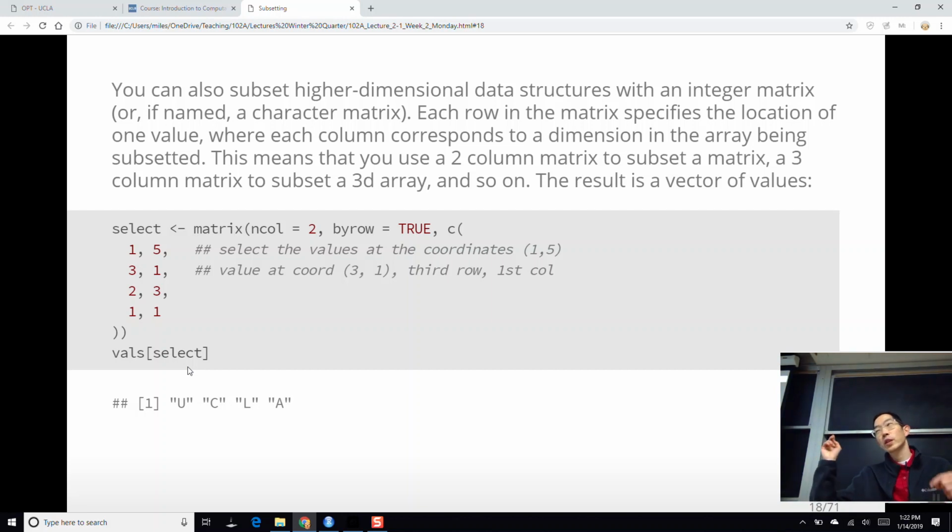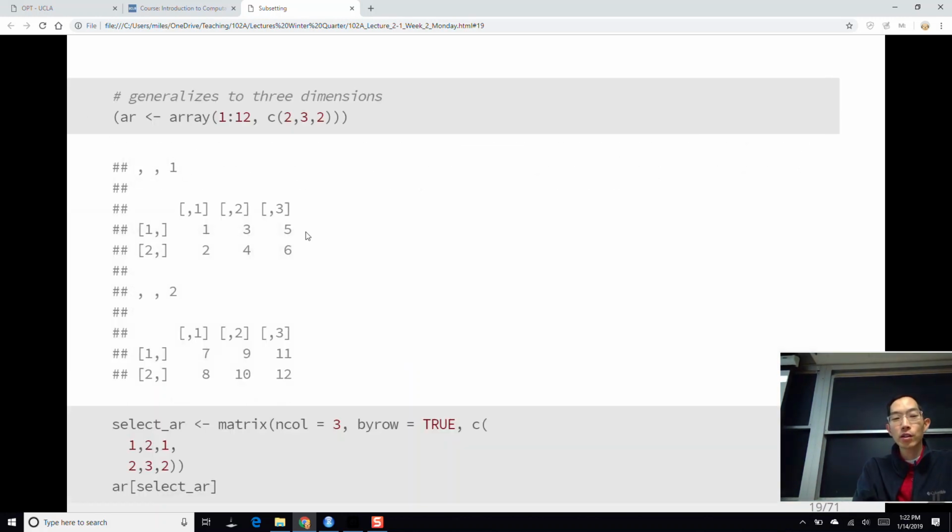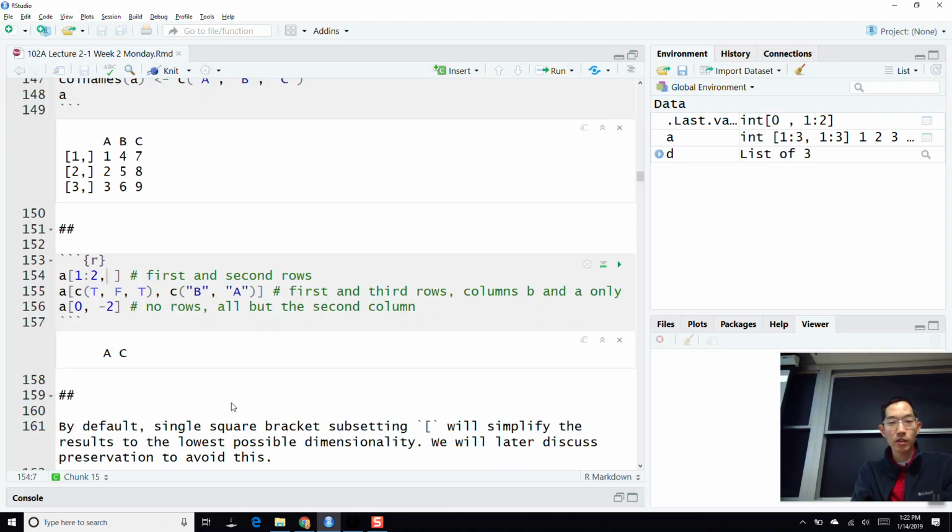And so if we have a 3-dimensional array, with rows, columns, and sheets or layers, we can subset an array using this method with a matrix of 3 columns. One column for the row coordinate, one column for the column coordinate, and one column for the sheet coordinate there. Okay? So here I've created